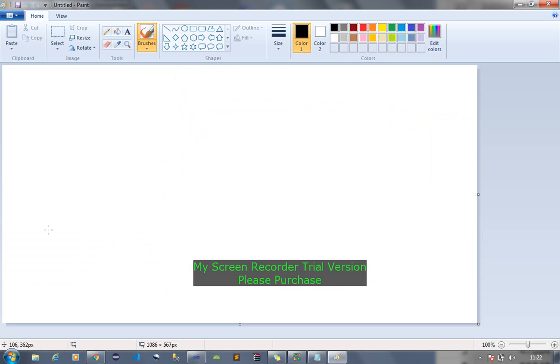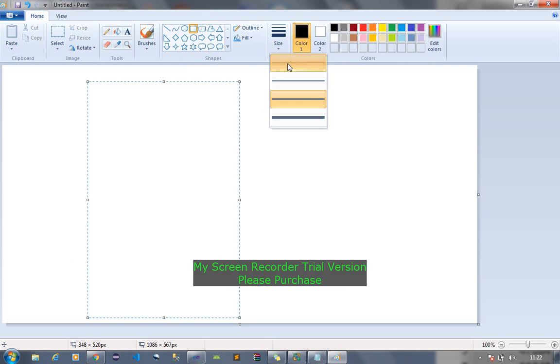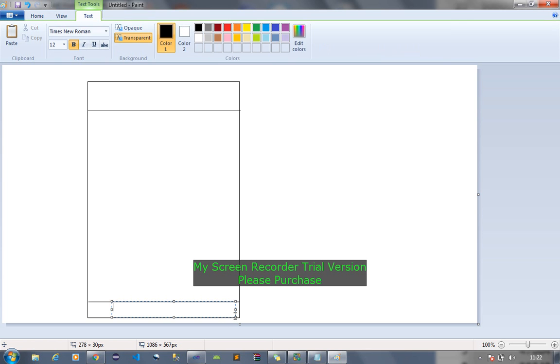Basically, suppose I consider this is my website. Mostly this website is divided into few sections. The first section is the header section. The second is the detail section. And the last is the footer. So we technically call this area a footer, and this area the header.